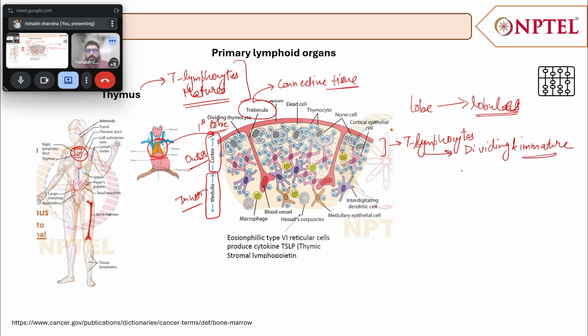So the cortex is the site for maturation of the T lymphocytes. As you can see in the image itself, these blue colored cells are the dividing thymocytes. Now these thymocytes give rise to the T cells,